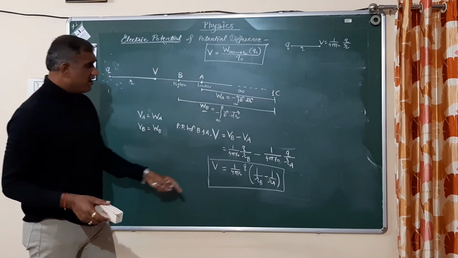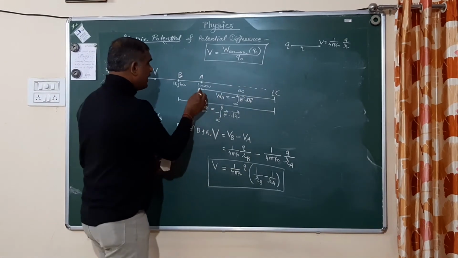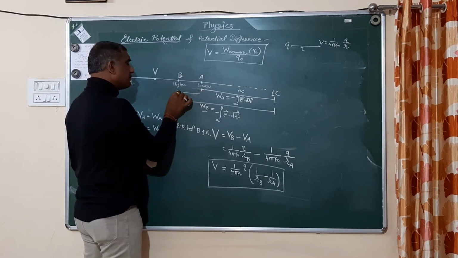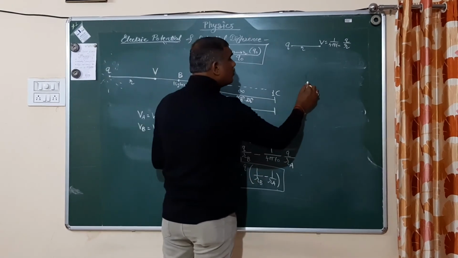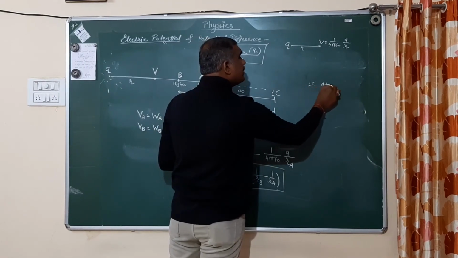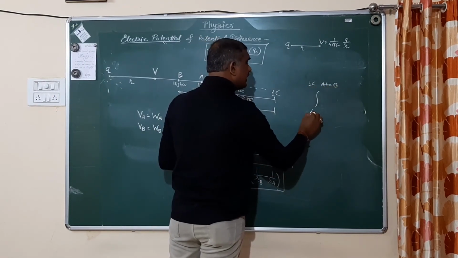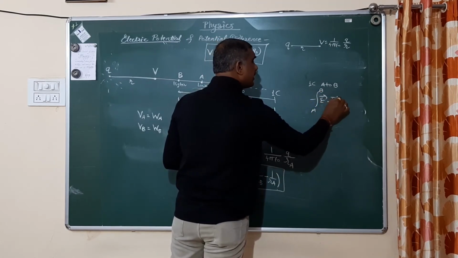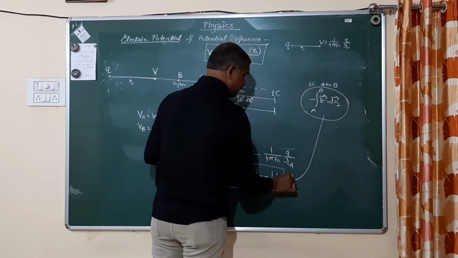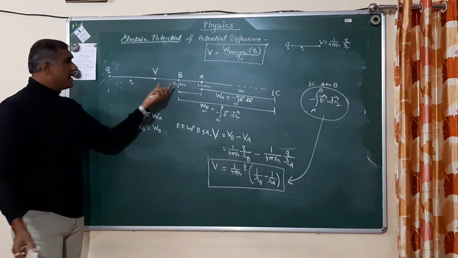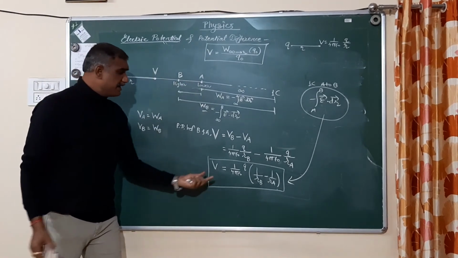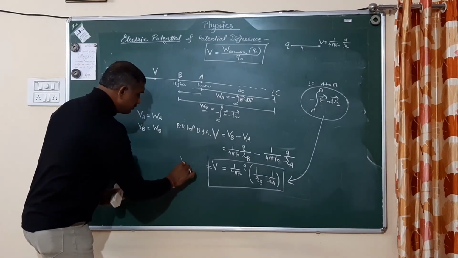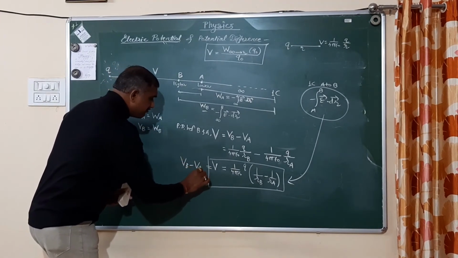This is the simplest way, by applying the concept of moving the charge from A to B only. The second case is if you move the 1 coulomb charge from A to B, you have to integrate from A to B, considering minus vector E dot dr, and you will get the same result. This way you can find out the potential difference between A and B, denoted as V, which is equal to VB minus VA.